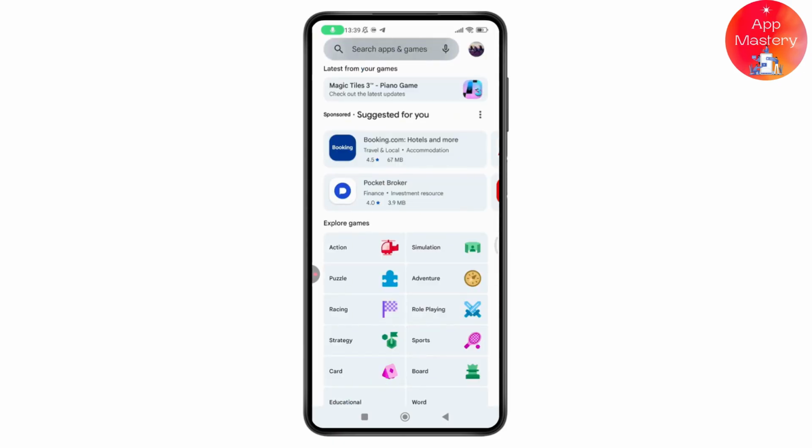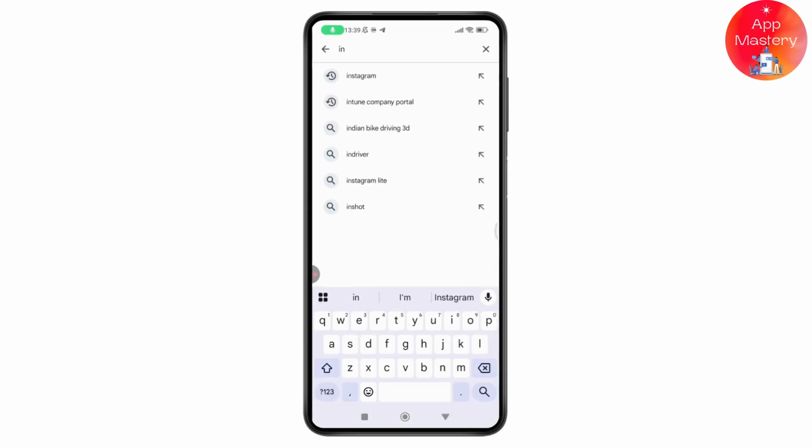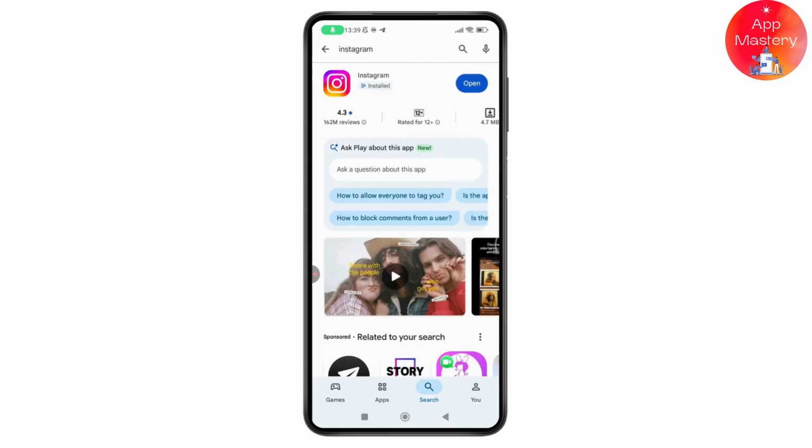Now go with your search, and here you need to search for Instagram. After searching for Instagram, if you have any updates on your Instagram, just simply go and update it. But even after updating, if that doesn't fix your problem, then go and restart your device or clear the cache